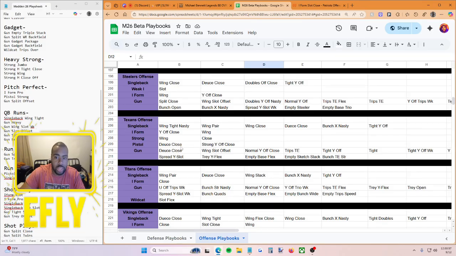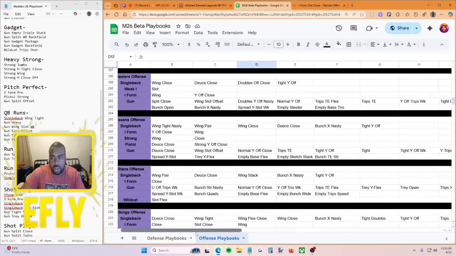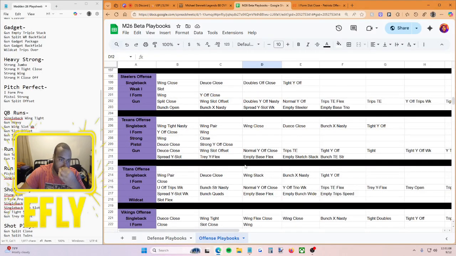You got gun wing slot weak when you have the gun wing slot offset. You got gun spread Y flex, which I'm pretty sure is not even in here. Yeah, you got spread Y slot, and then you got gun empty ace, which is not in here at all. Now you just have 1, 2, 3, 4, 5, 6 new formations added in here,